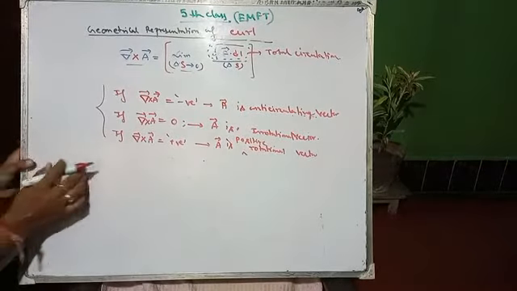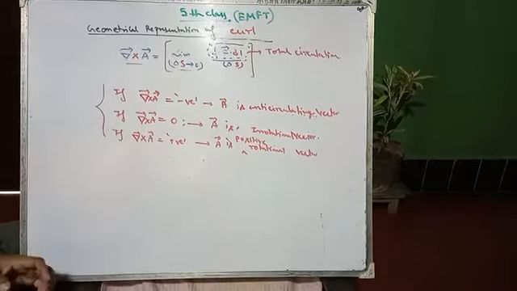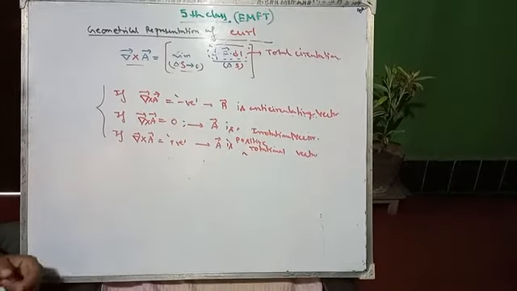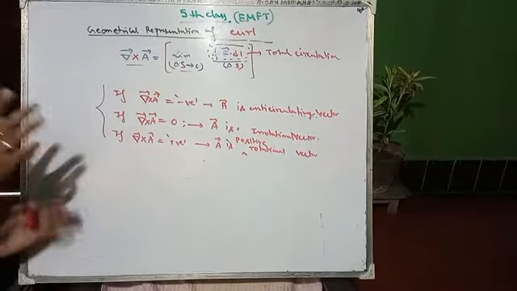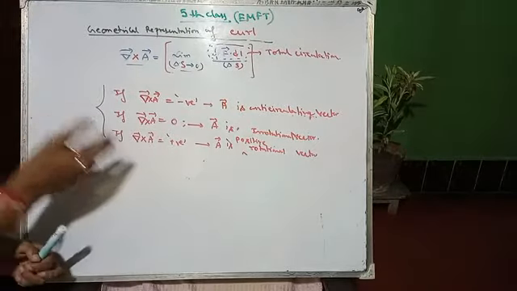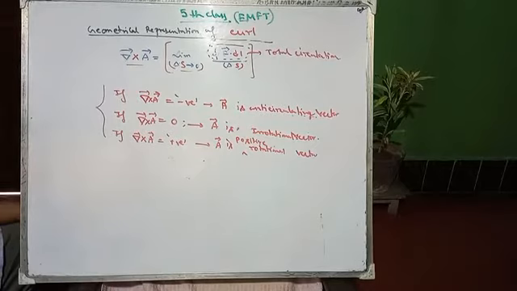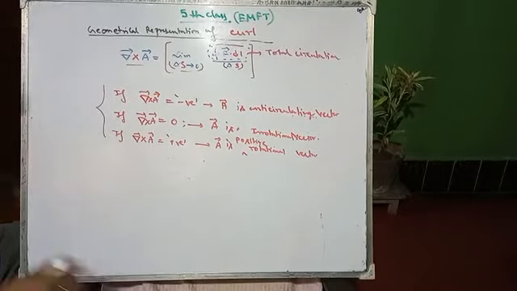Next, write one conclusion: curl of any vector results in a vector quantity. Here we can conclude that circulation shows a vector quantity and divergence shows a scalar quantity. So that is this topic up to this much, and then I have to move to some important identities.